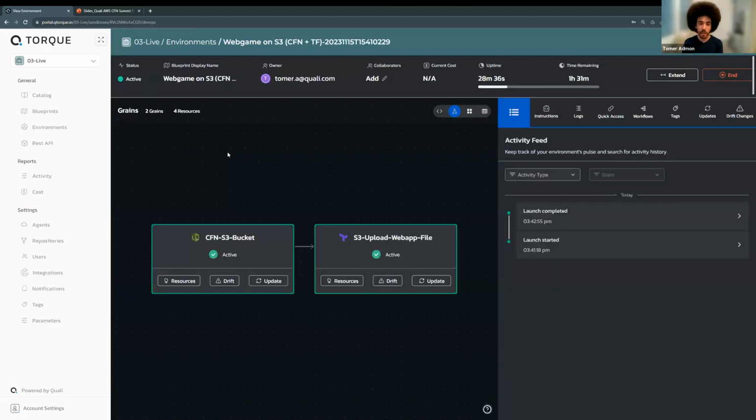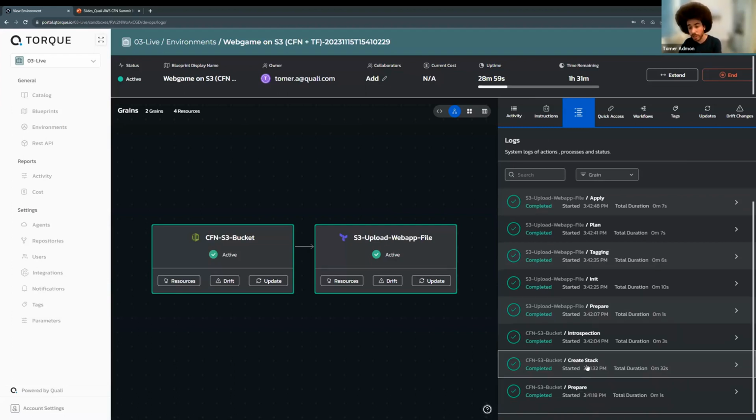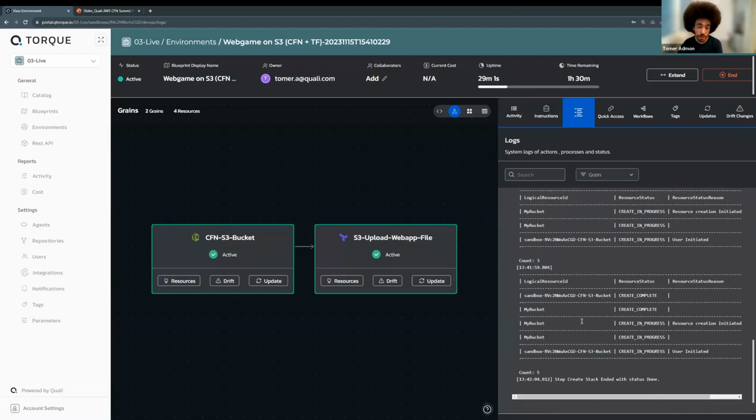So let's go into one of them and take a look at what's in it. Now, this example is pretty much the same example I've presented before, but instead of having 2 Terraform building blocks, it has a CloudFormation building block and a Terraform one. Now, as we deploy the Terraforms, we can deploy different technologies. In this case, we've started with creating the stack in CloudFormation.